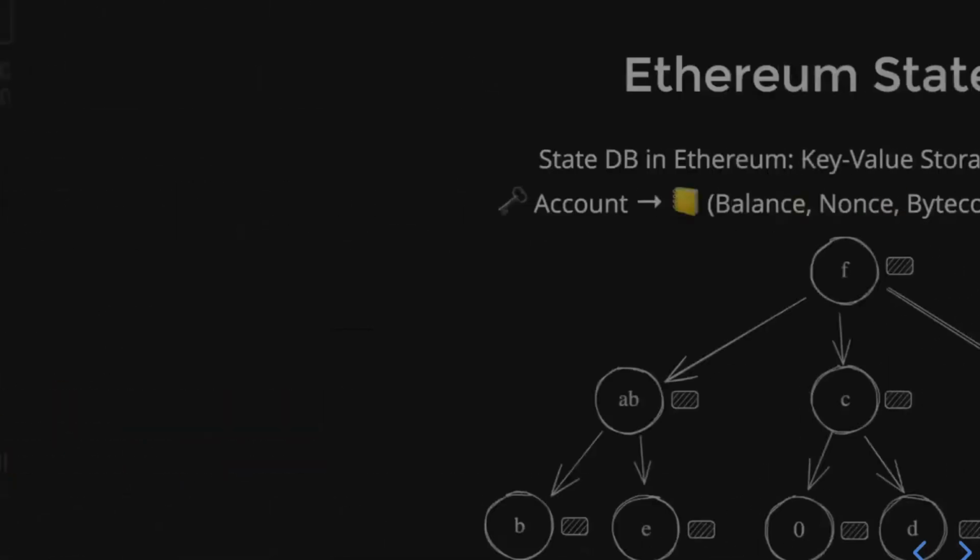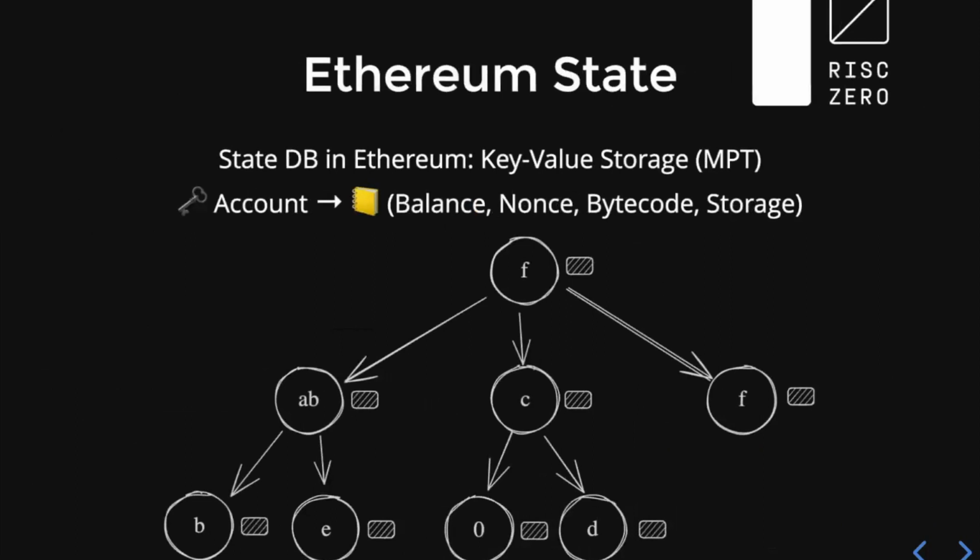Okay, so now we have to talk about how we can prove that, for example, an account is in a state. For that, we have to take a closer look at how state is stored or handled in Ethereum. In Ethereum, everything is a key-value storage. You don't have a list of all the accounts; there's always a key assigned to a value. And they use a very special form for this, which is called